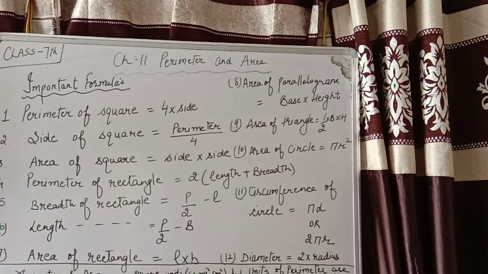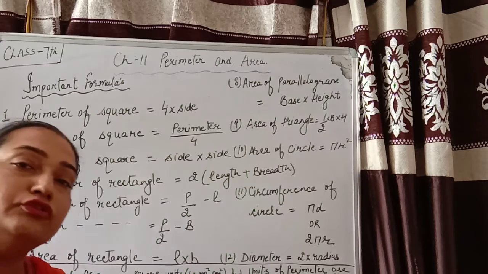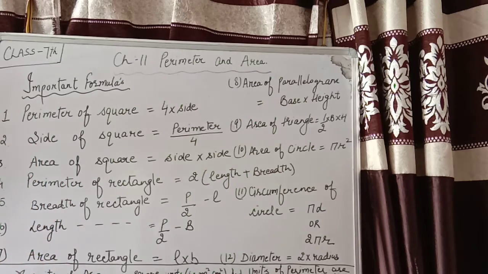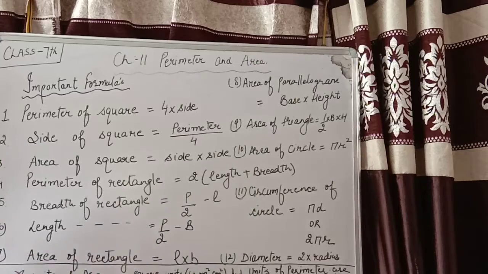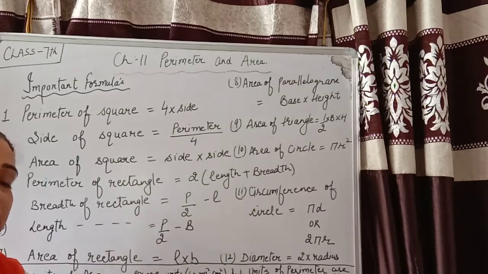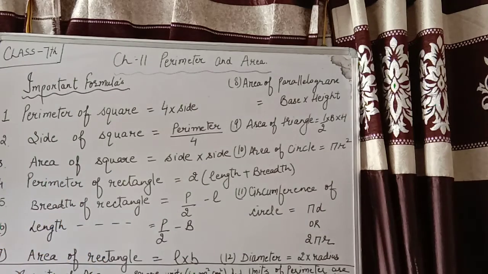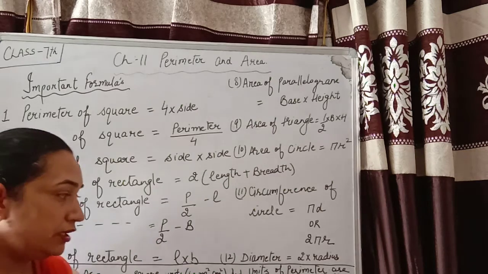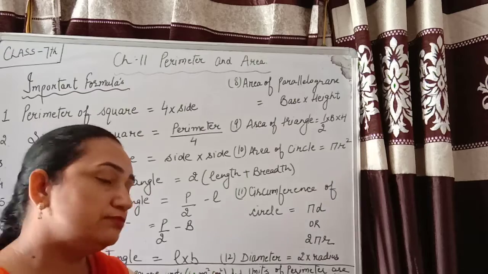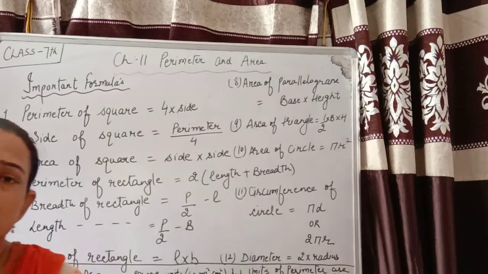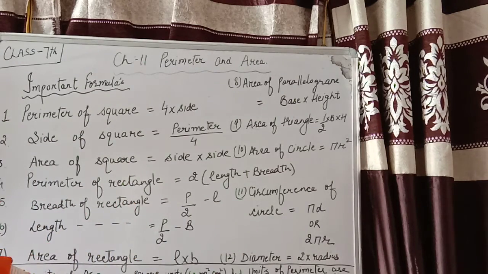And one of the most important things is the units for the area and the perimeter. So units of area are square units. Square unit means meter square, centimeter square. If side, length, breadth are given in meters or in centimeters, then we will put the square while calculating its area. And units for perimeter are normal, that is meter, centimeter, single unit, kilometer. Whatever units the quantity is given in, we just put those units.